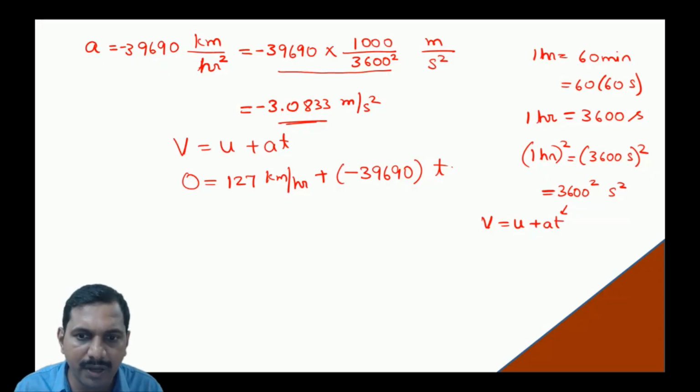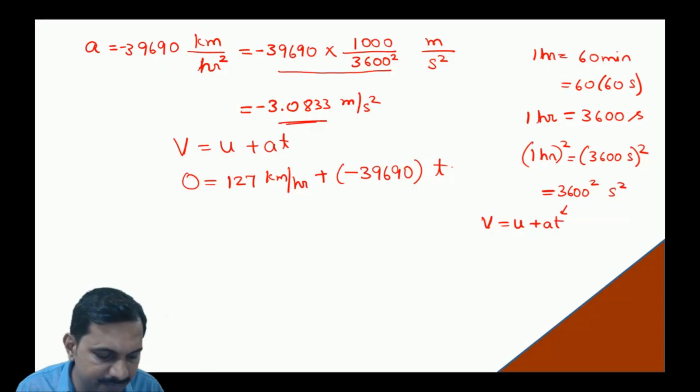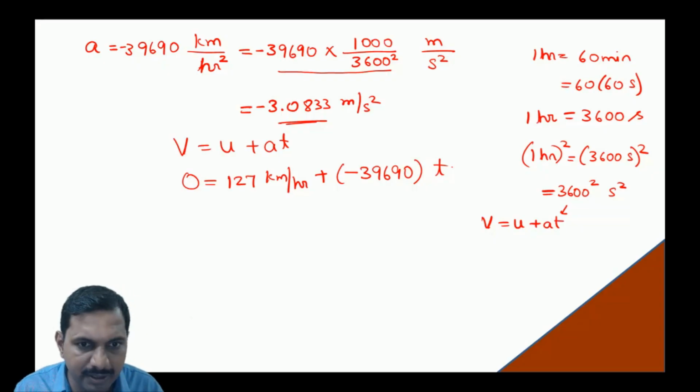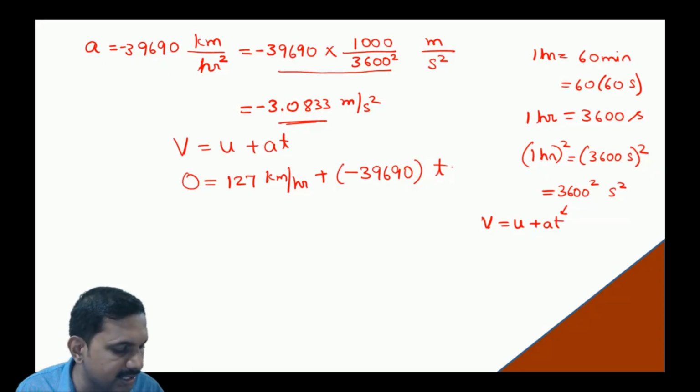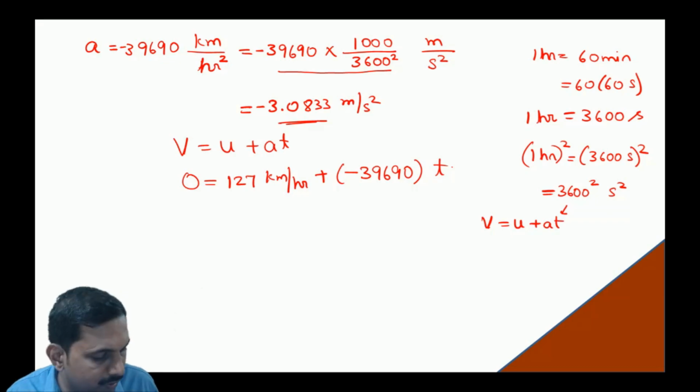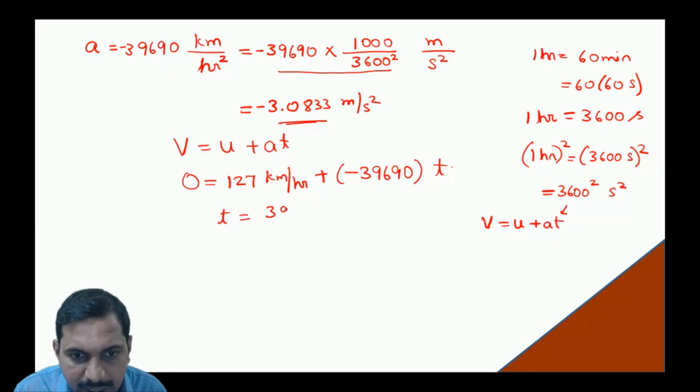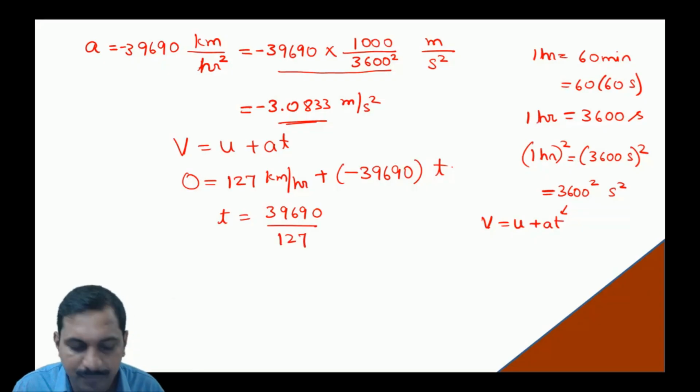So what we have to do, we have to find out this. We will put 127 on the other side, okay. So we will have t is equal to 39690 divided by 127. So when we do that, we get